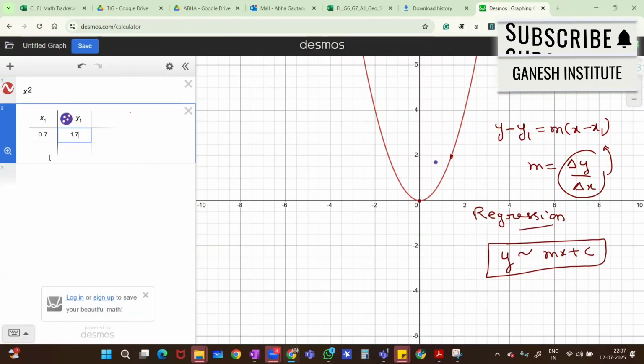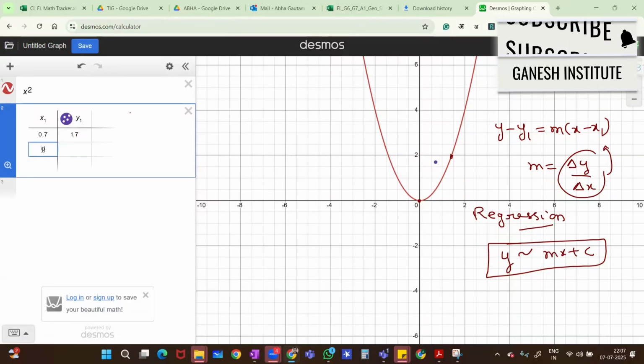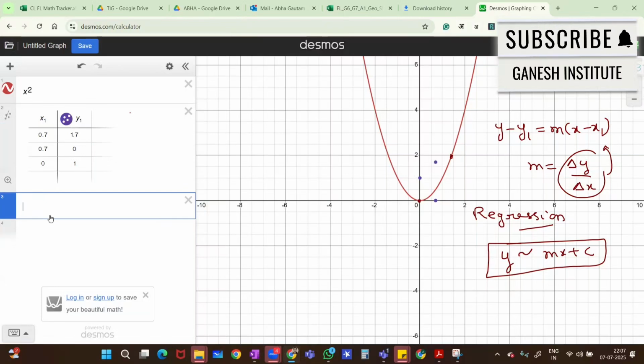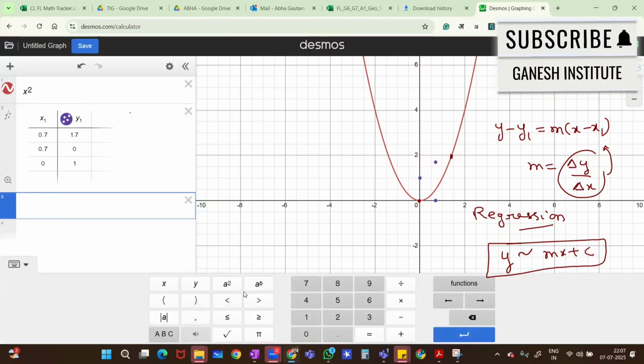This is 1 point, or maybe 0.7 and 0. This is also okay. 0 and 1. And if I want to make a line, so what I'll do, y